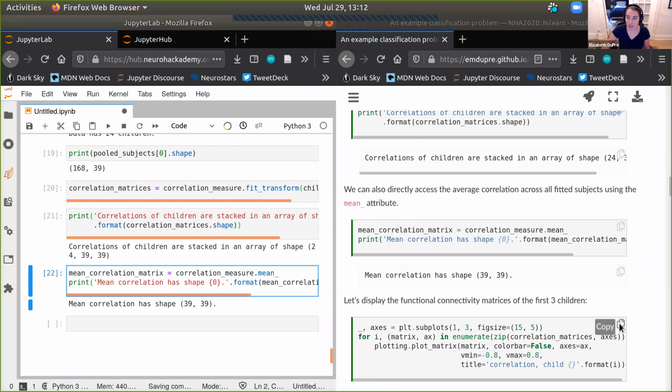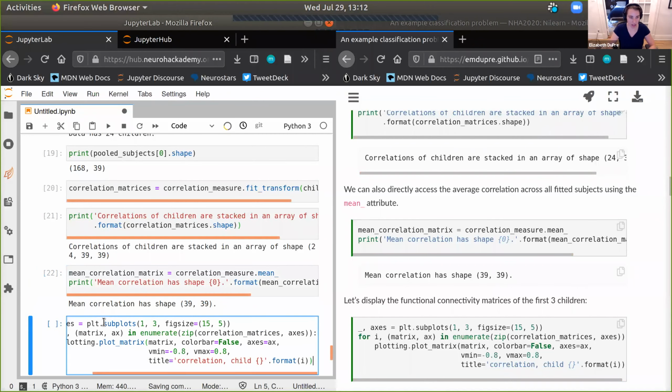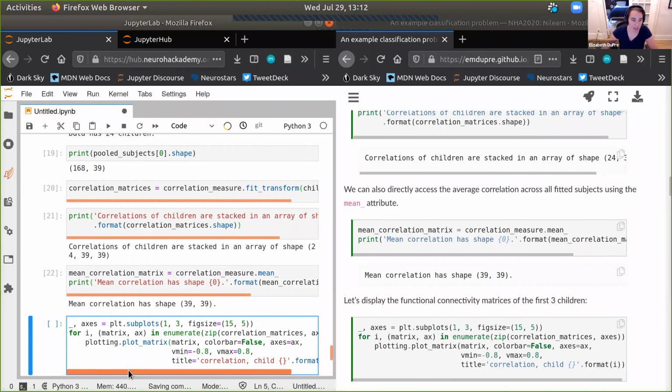First, let's display the functional connectivity matrices of the first 3 children. If I paste this in, the real difference from last time is that I'm now using subplots. You may have seen these in a few different lectures, but this just allows me to plot several figures next to one another.